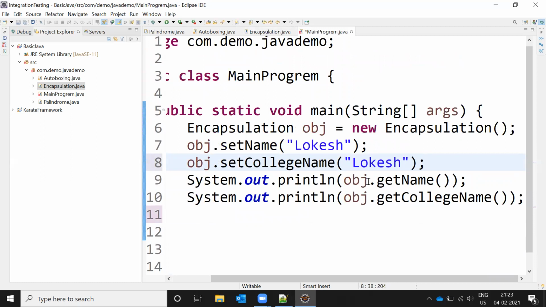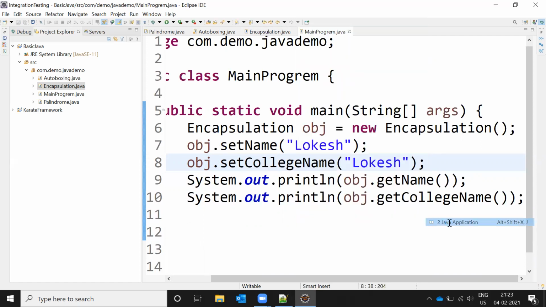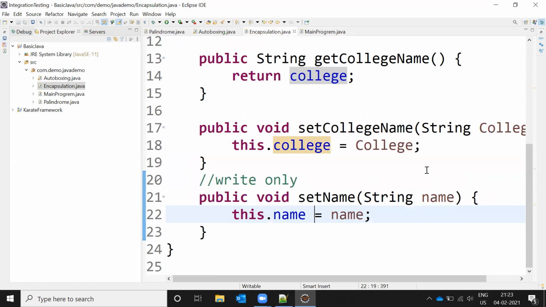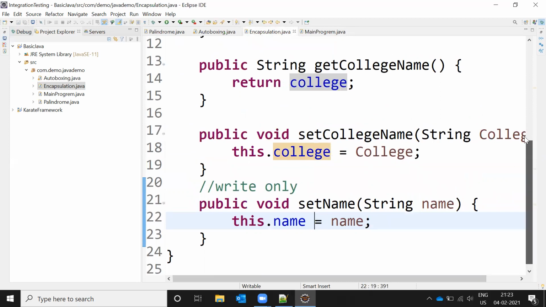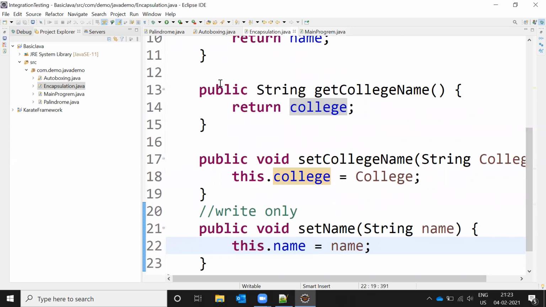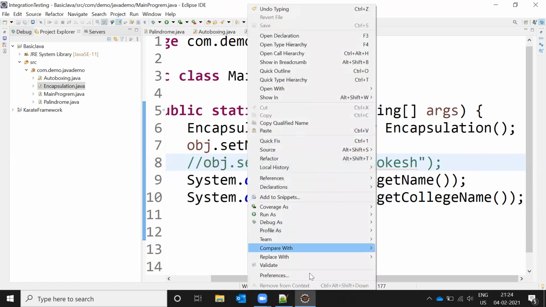Oh, sorry. Now we can see a small mistake, because the set value we cannot print. Now see, I gave the college name as the previous JNTU, but I made it a set value. I gave the value as location, then it is modified, and get college name is given as location only. If I comment this one, it will give us JNTU,